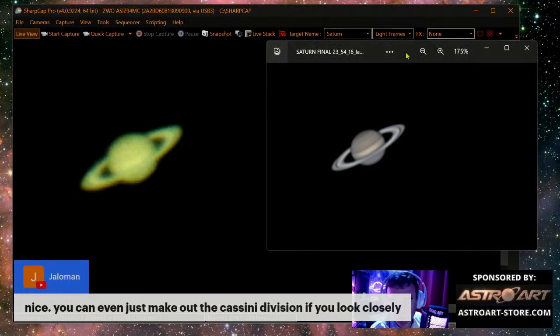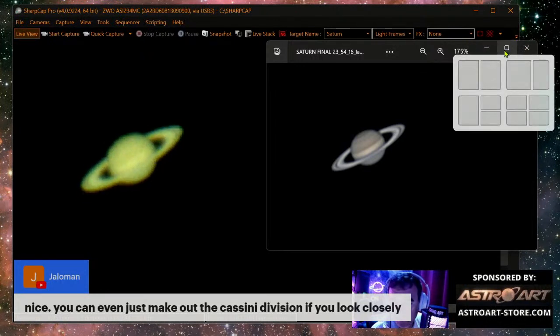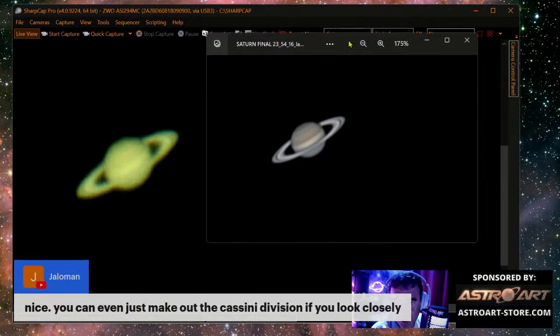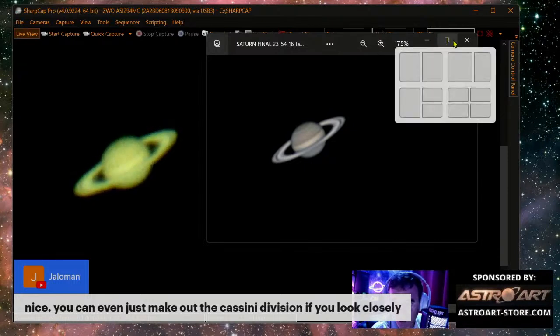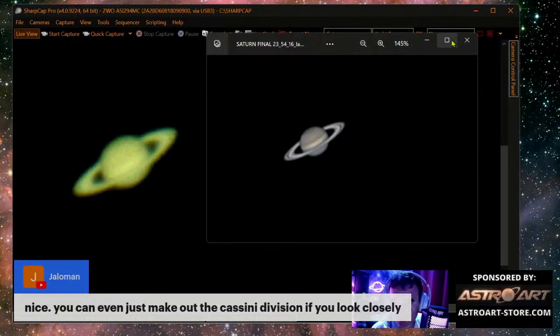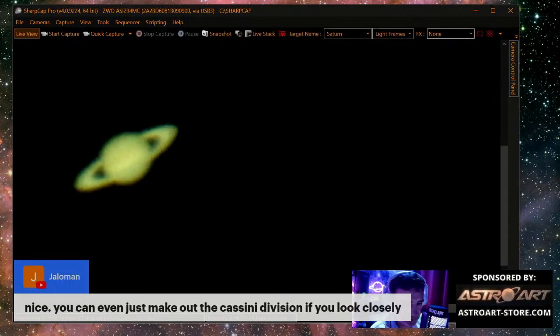Now, what we can do here is post-process it in any software that you like. I usually use the free software I have, which is Photoshop Express. So I will open this with Photoshop Express.